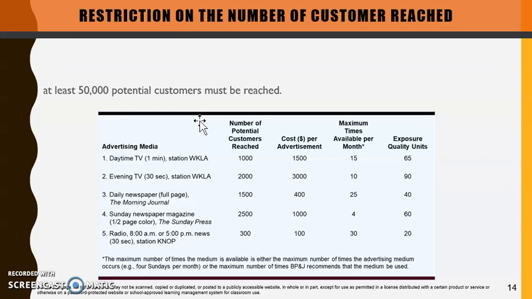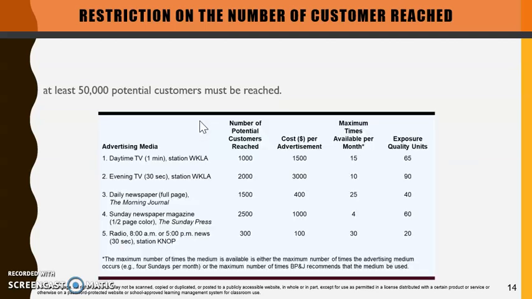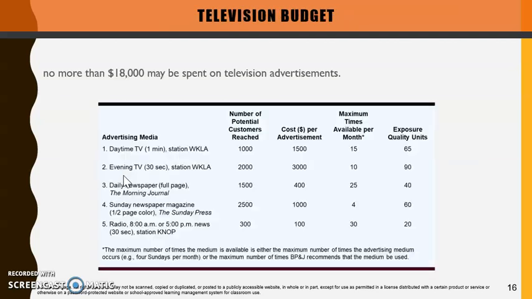Just make sure the logic is solid and right. You can see this constraint in this slide, in this part of the video, 1000 DTV plus 2000 ETV, and like that. And again, check it, 1000 DTV, 2000 ETV. Here. That you see, so let's go for the next